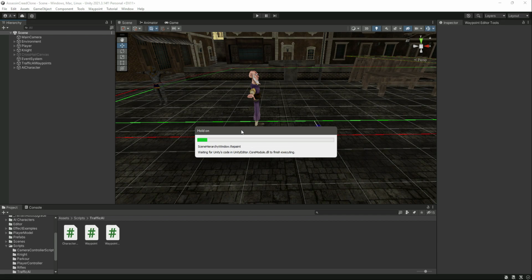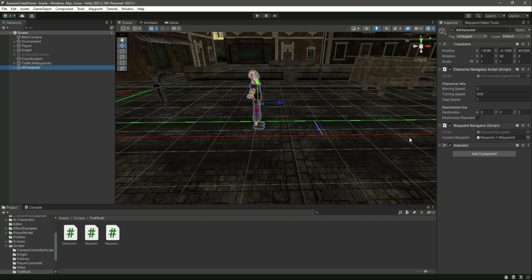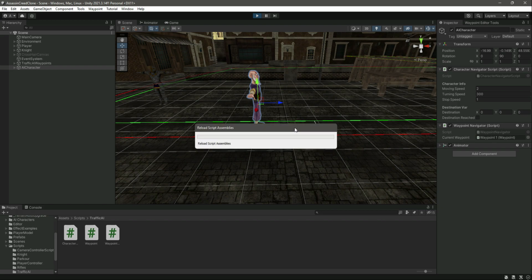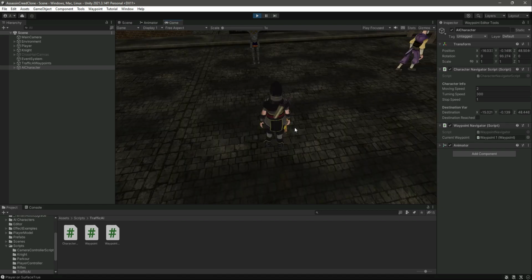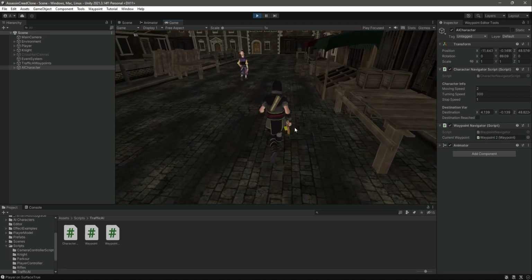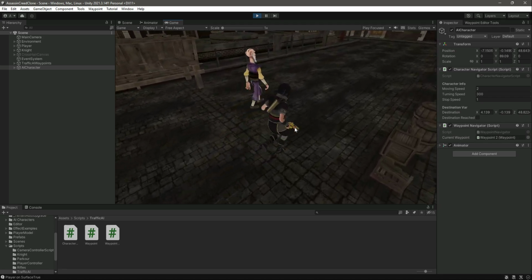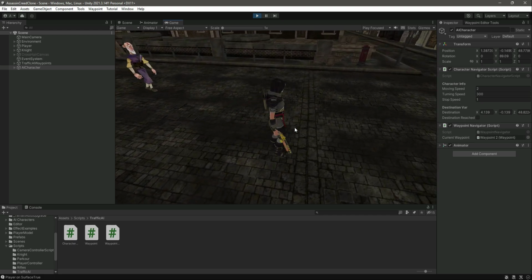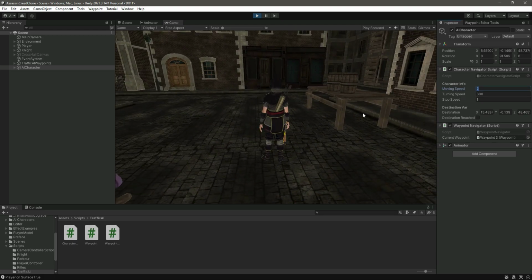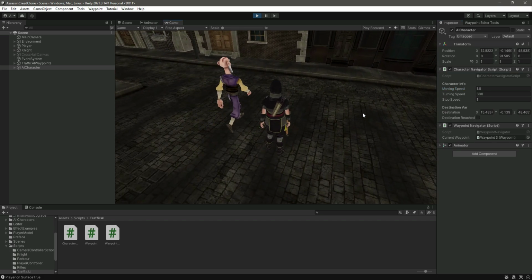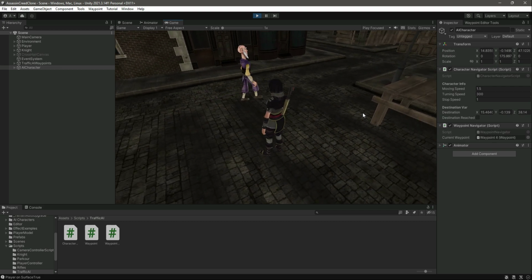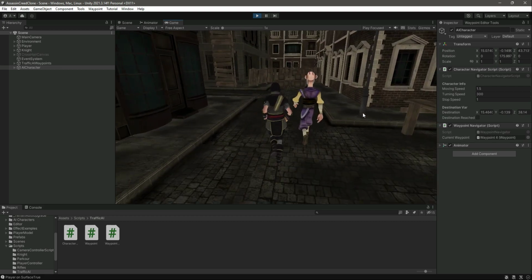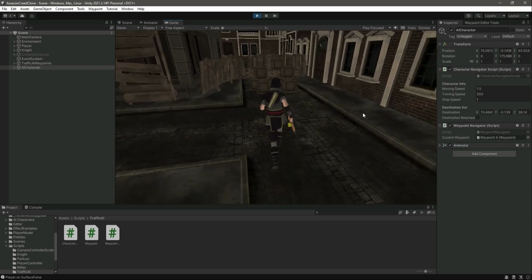Now if we click on this character, everything is assigned. Let's play the game. Okay, now as you can see, the character is moving, but I think the movement speed for this character is a little bit higher, so let's make this 1.5, and now it matches the character animation. Okay, so as you can see, the AI character is now walking perfectly fine,